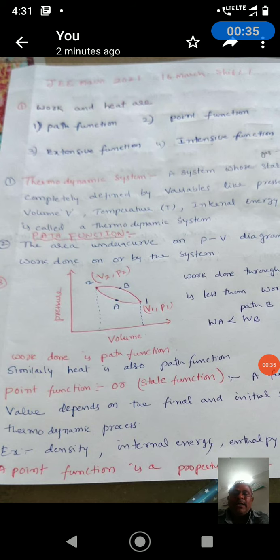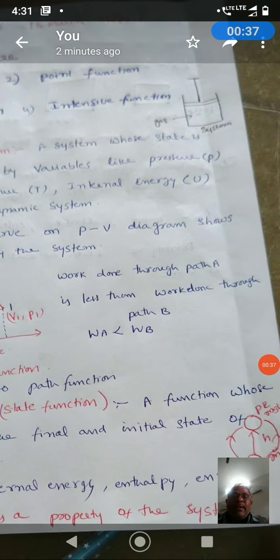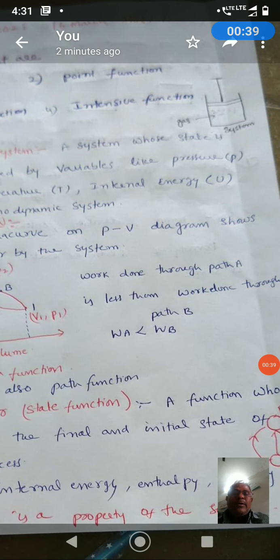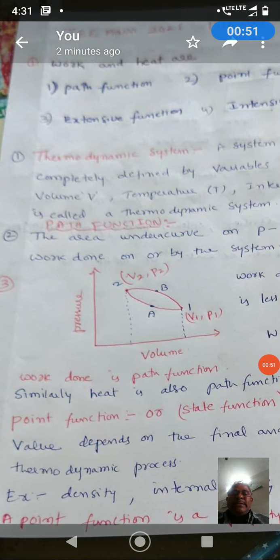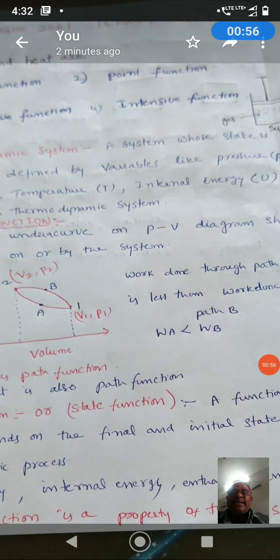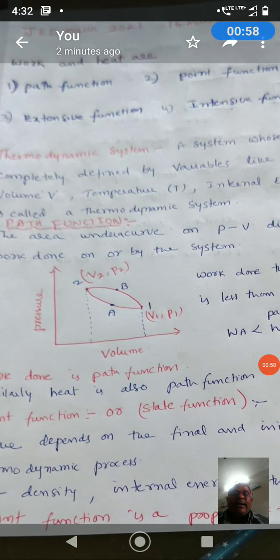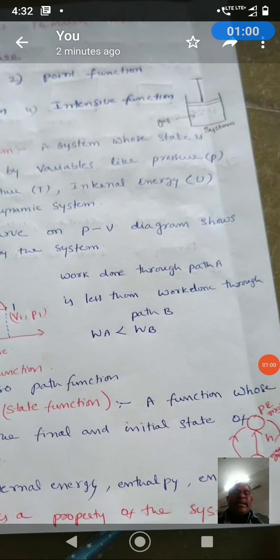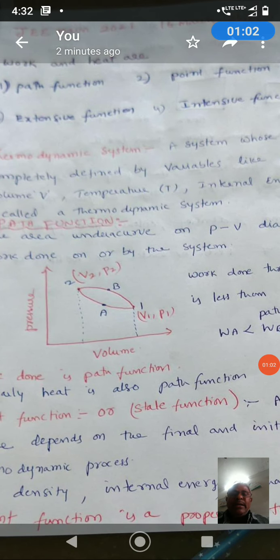First, you have to know what is a thermodynamic system. You observe here, I have shown one system. In a glass jar, a piston is fixed. In this, we will have some gas bounded in the jar. Now, what is a thermodynamic system? A system whose state is completely defined by variables like pressure P, volume V, temperature